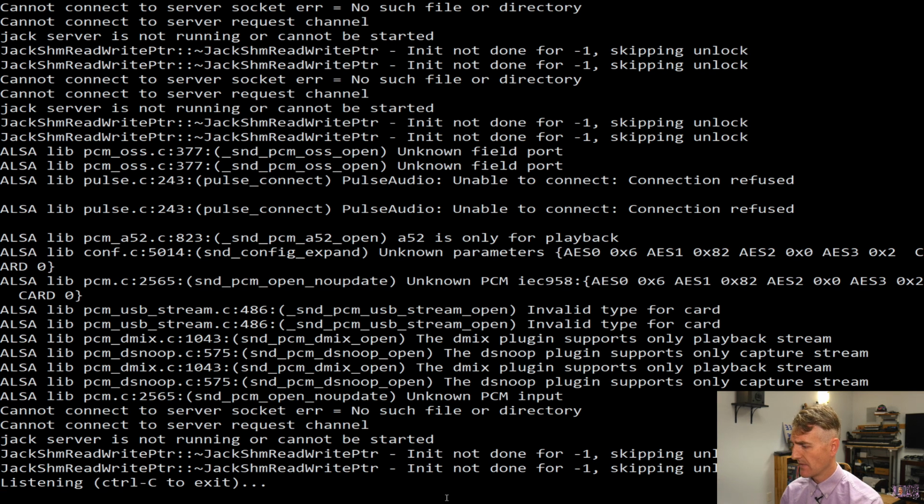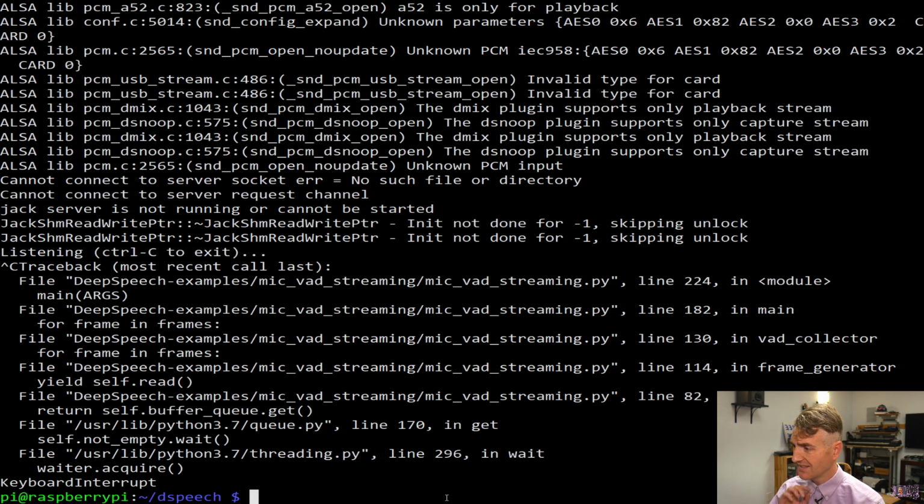I'm not sure. I might have to change the command that I'm using to run it. But it didn't crash. It did not crash. So that's a good sign. Let's go back to the browser,